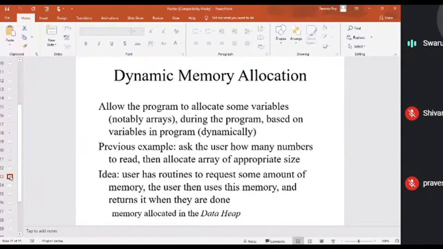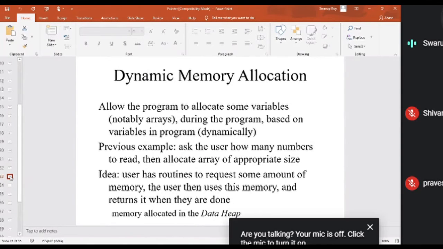So dynamic memory allocation is something like that. Memory is not an issue here, but for a particular program to run, the size of the data, how much space you need, you cannot guess it at the very beginning. It can be very high, or it can be very low. So the solution is what we call dynamic memory allocation.